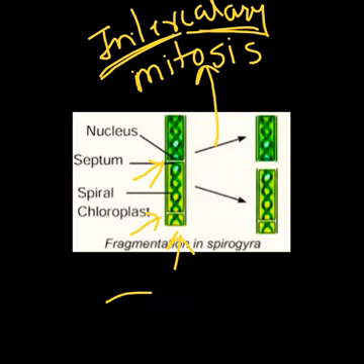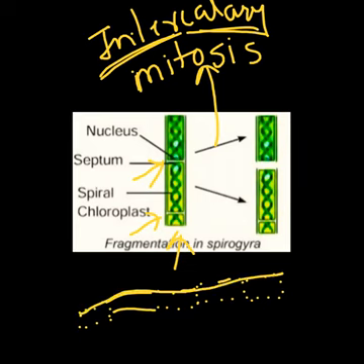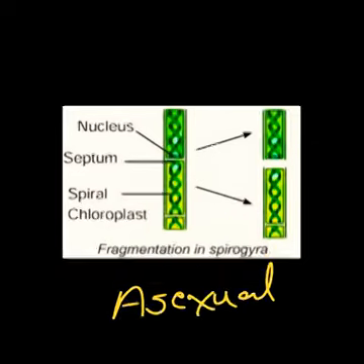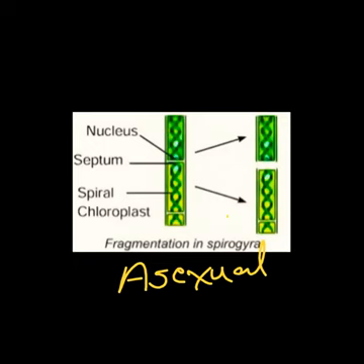अब जैसे कि ये cut part है, right? So यहाँ से new cell develop होगा. यहाँ से एक new cell develop होगा. So in this way, by intercalary mitosis, the cells divide to form many new cells. And hence the piece develops into the whole new organism, the whole new filament of the Spirogyra. And this is the asexual method of reproduction in Spirogyra.